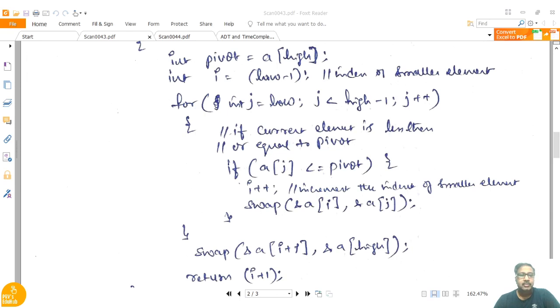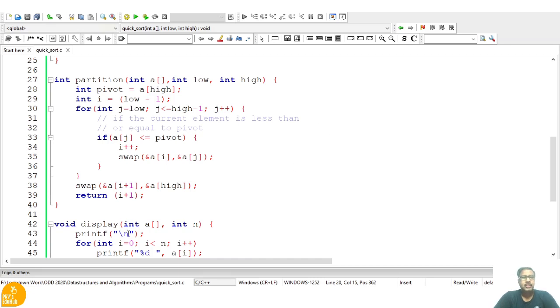Now again perform the quicksort from low to pi - 1 and from pi + 1, that is the pivot element position plus 1, to high. So like that you keep on doing this in several iterations so that the final list will be in sorted order. The code that we have seen in the notes, as it is, I have typed here.